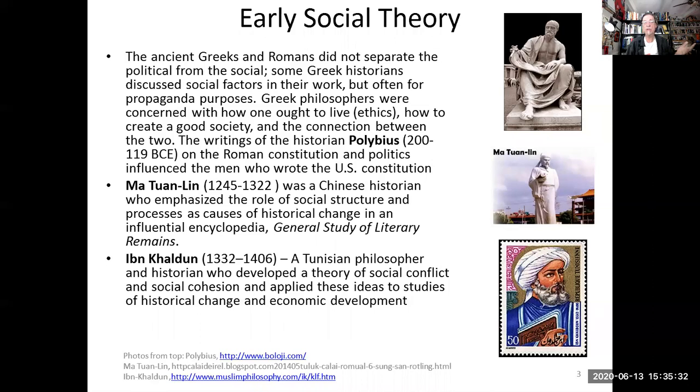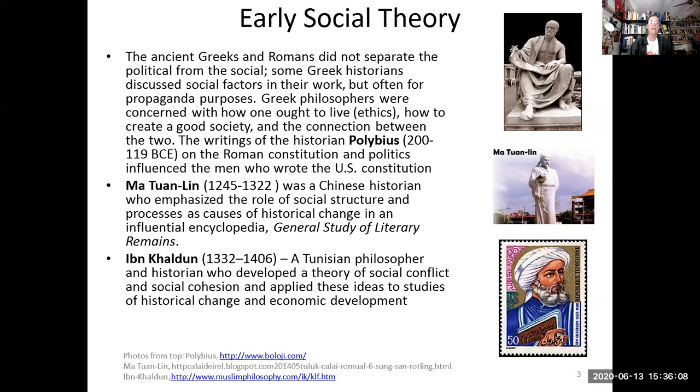So the early Greeks and Romans, not pre-modern, for instance, whatever ideas they had that could be applicable to sociology were more about politics. But politics involves human behavior, of course, and it's the struggle for power by human actors. So it's relevant. But there was a Chinese historian, Ma Tuanlin, who lived in the late 13th, early 14th century CE,